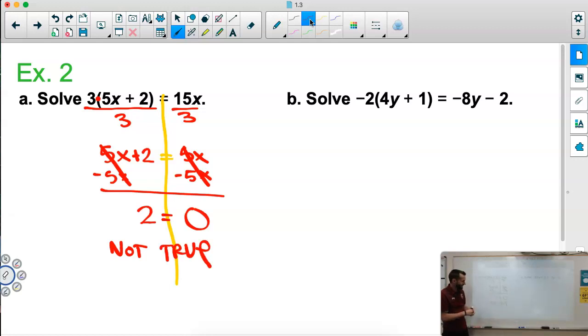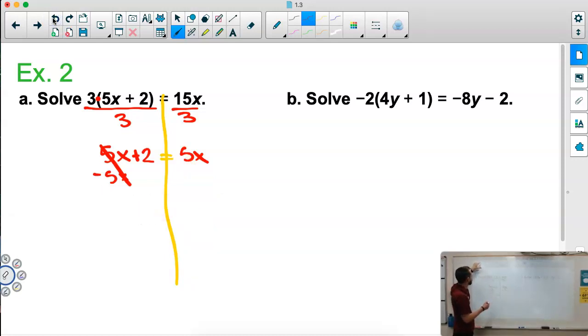And what that means is they're asking you to find a value, solve this. They're saying find a value for x that makes it so that this side equals this side. And right now we're like, well, my x has disappeared. I don't even know what to do. So here's what you do. You back up a little bit. Let me back up way back here. So I want you to see it on this step. Notice on this step right here,